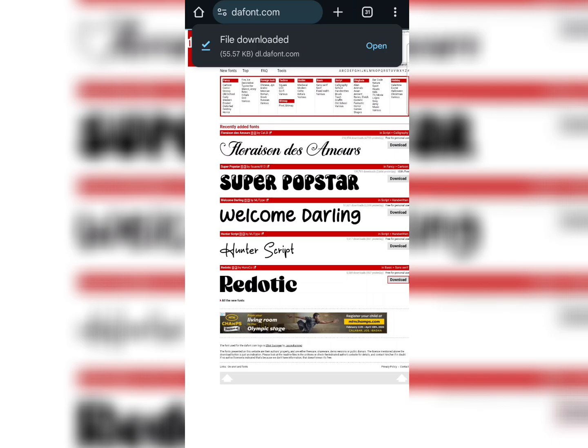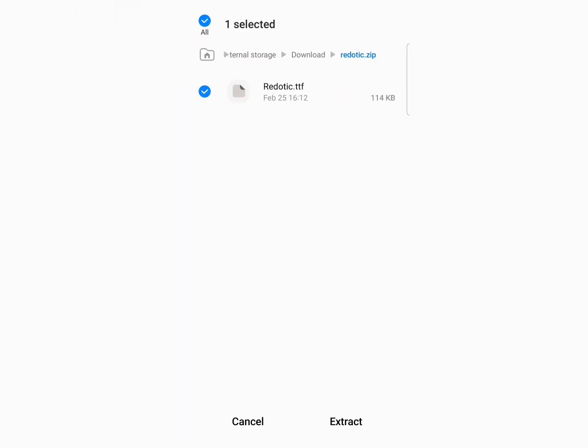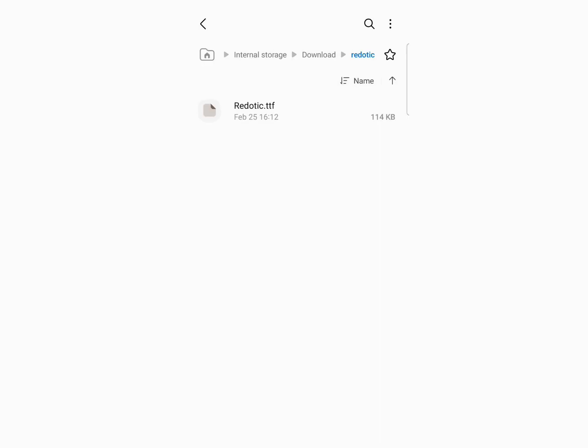Now after downloading it, I'm going to click on open and then I'll click extract to extract the font. Now there are a lot of persons whose phone will not allow them to extract directly. Once you download a font, you are supposed to extract it because most fonts will come as a zipped file. But some phones will not allow you to extract directly. If your phone is that type of phone, there is no need